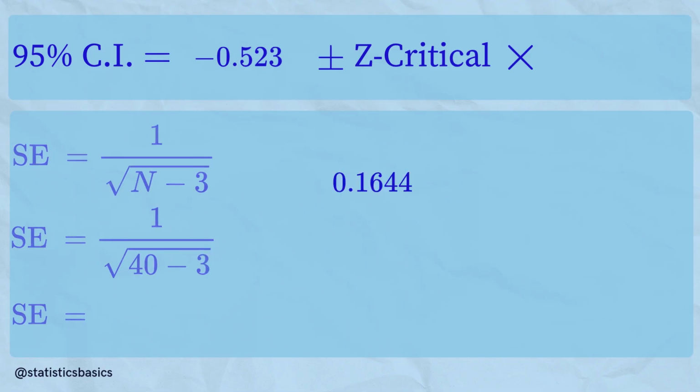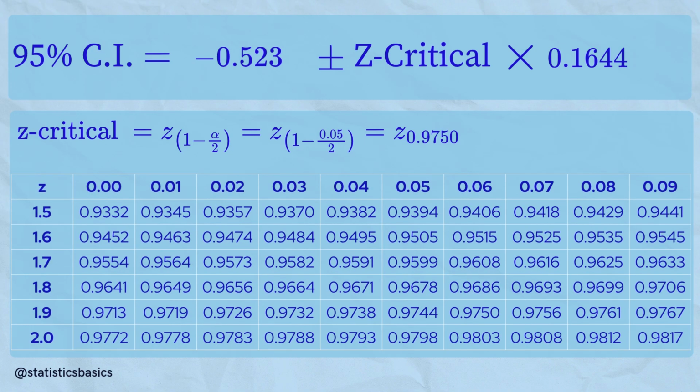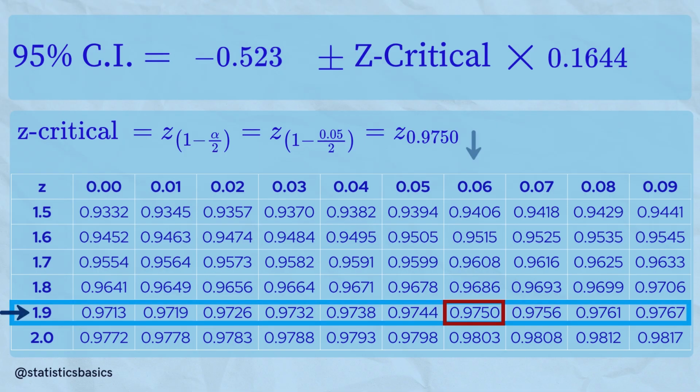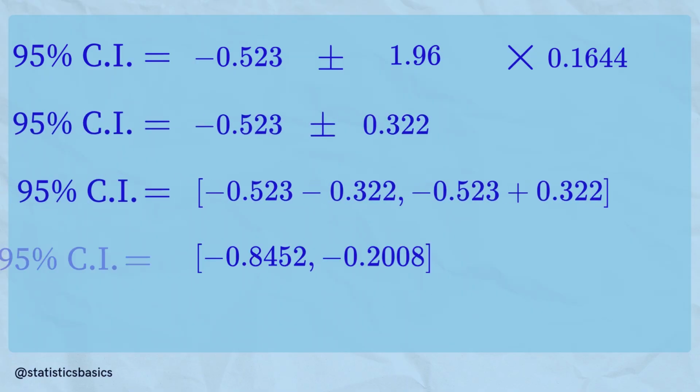0.1644. The critical z-value for a two-sided 95% confidence interval can be obtained from the standard normal distribution table by locating the value that corresponds to a cumulative probability of 0.9750. The intersection of the corresponding row and column provides the critical z-value, which is approximately 1.96. Now, inserting these values into the confidence interval formula, the lower limit is -0.8452 and the upper limit is